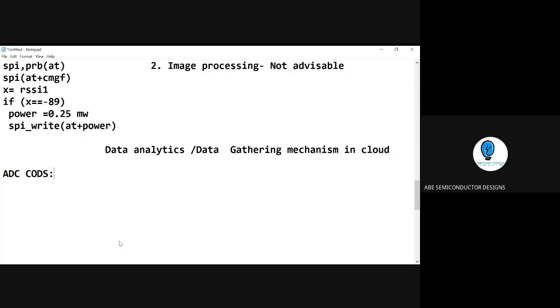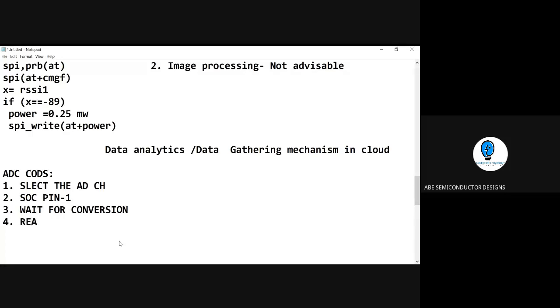For ADC code, the first step is to select your ADC channel. Second step, after selecting your ADC channel, check the SOC pin, that is the start of conversion pin. The start of conversion pin has to be enabled to 1, and wait for your conversion. Because the libraries are there, you can download it and do it, but understanding the code is important.